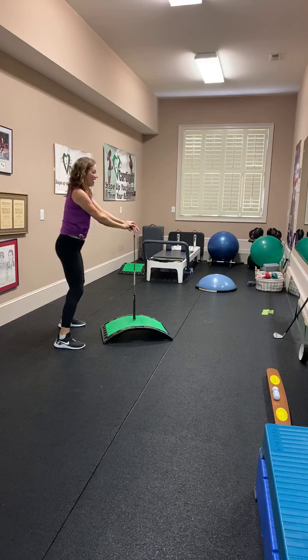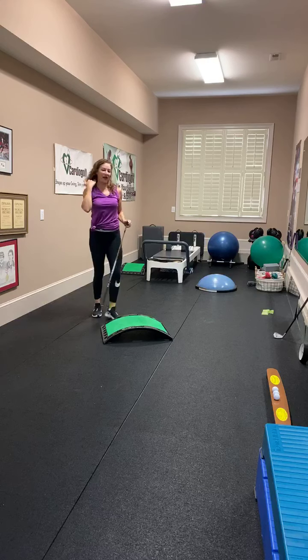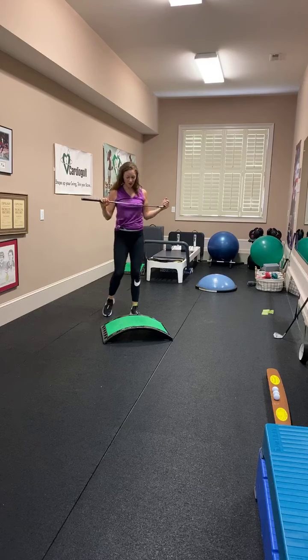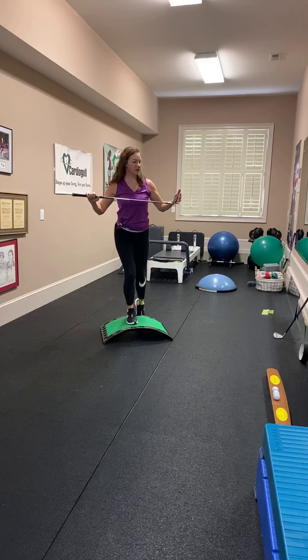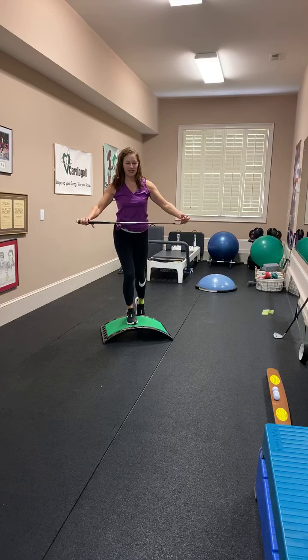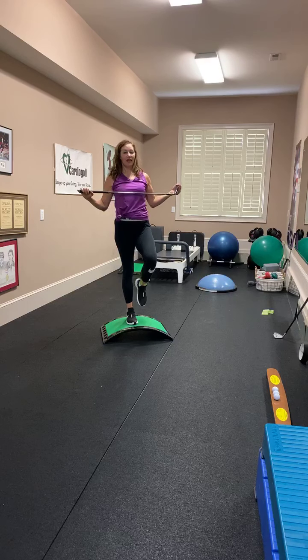Great. All right, last one, come on up. So you can do some balance work too. Holding the club, you're going to step up, and then from here you can just use your toe just to get some balance right here, and just try to hold this for as long as possible. And then from here, if you want to close your eyes, it makes it more challenging. And then if you want to advance that, if you want to try to come up and hold one leg,